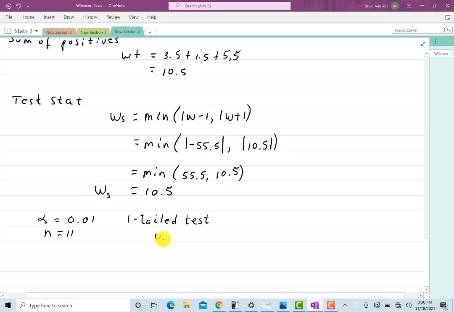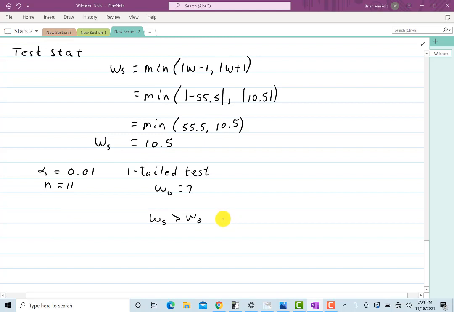So I'm going to call it W sub 0 equals 7. Now remember, the way these tables work is a little opposite of what we're used to. Here, since W sub S is greater than W sub 0, since 10.5 is greater than 7, we do not reject